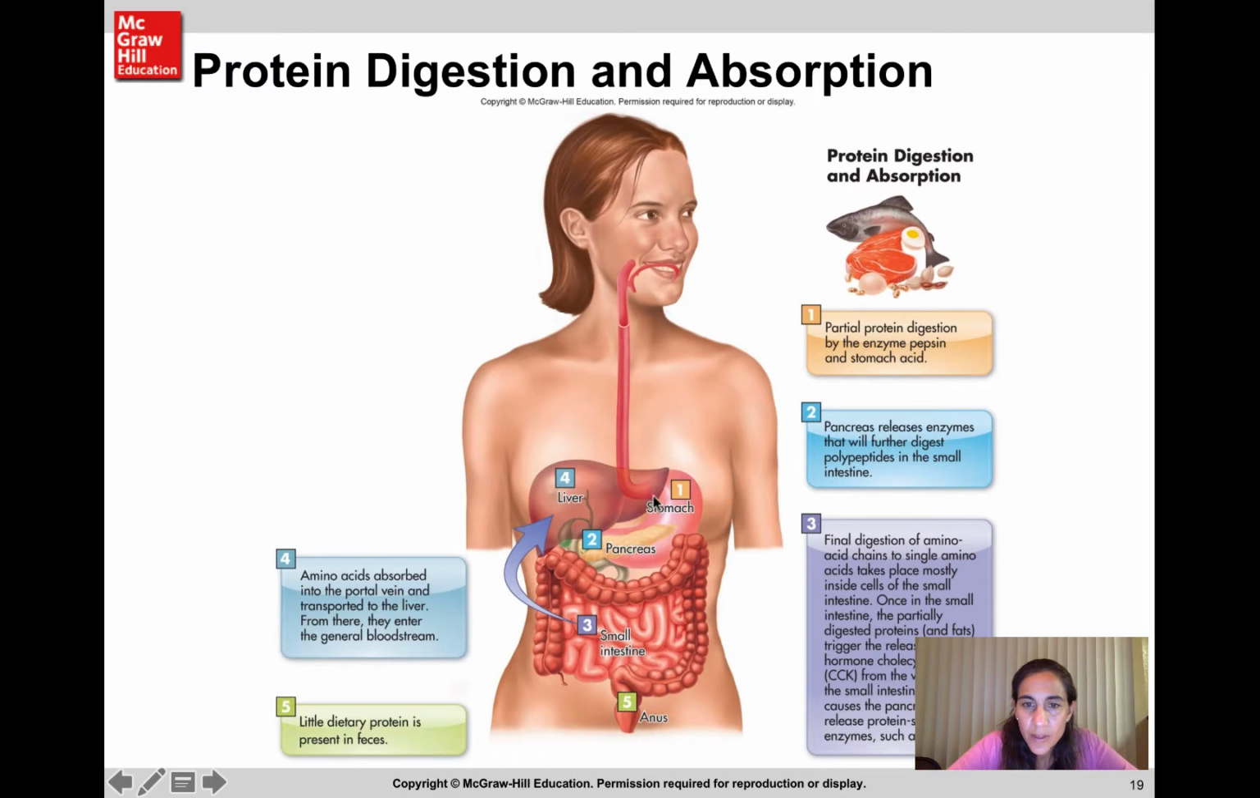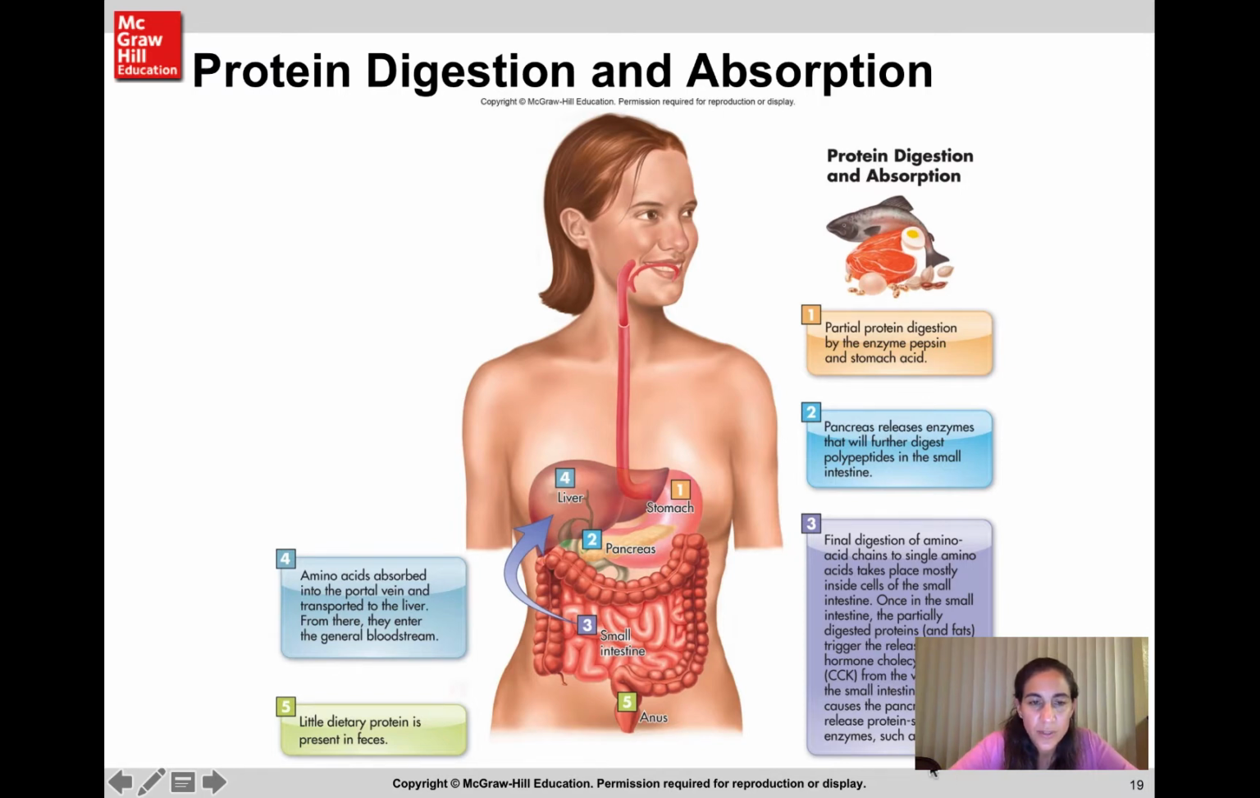So from there, from the stomach, the partially digested proteins move into the small intestine, and during that process, we have the release of the hormone cholecystokinin. Cholecystokinin then causes the pancreas to release further enzymes that further digest the amino acid chains to the dipeptides and individual amino acids. And one of the key enzymes involved in the digestion of protein in the small intestine is